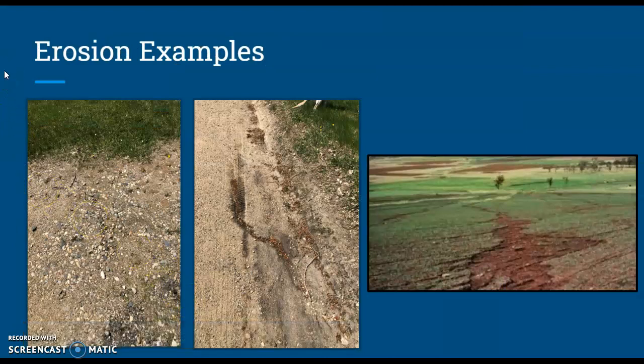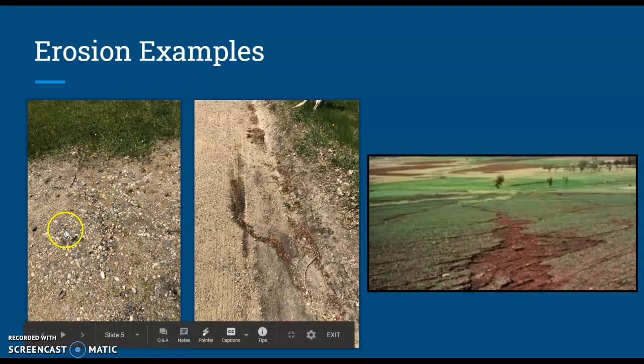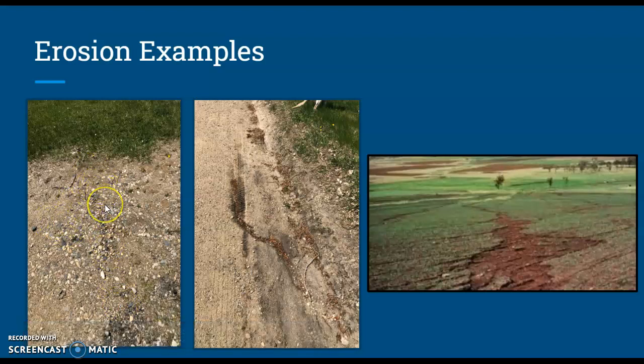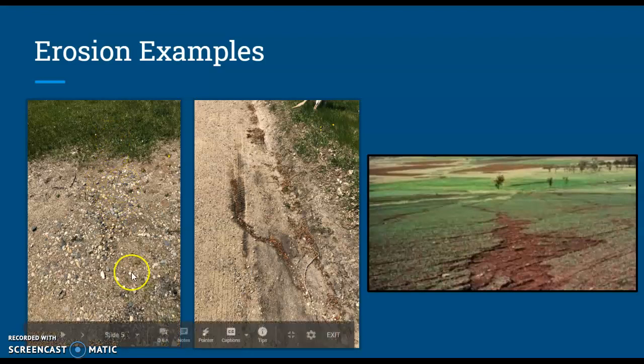Erosion in my backyard, for the first two pictures, you can see some of the edges of the gravel there. Very difficult to see just because it has been so dry lately and it's not real muddy out. But this was a path right in the middle of my driveway that had kind of flooded in the grass and then it was washing away. And you see all of the rock is exposed because the gravel is washed away. And then the same thing in the